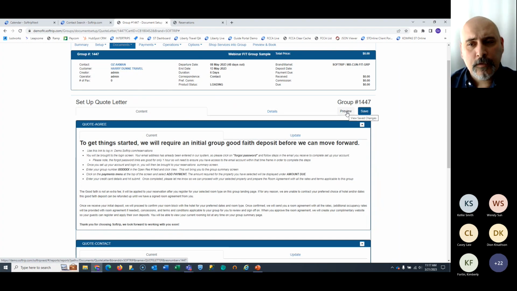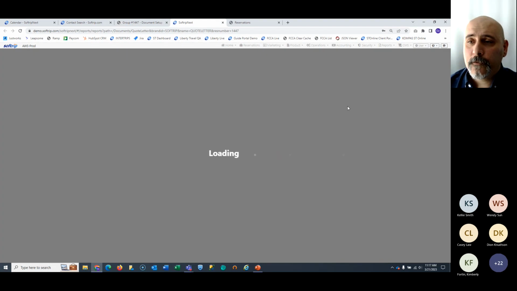So if you were to start using this application in our next platform, it would be directed to your regular quote letter with your set of rules to update and modify uniquely as you desire. But if we were to preview what we had out of the box, when we click on preview, for example,